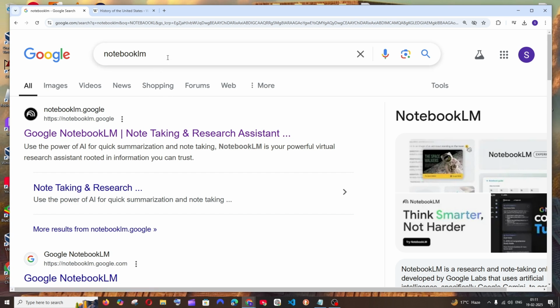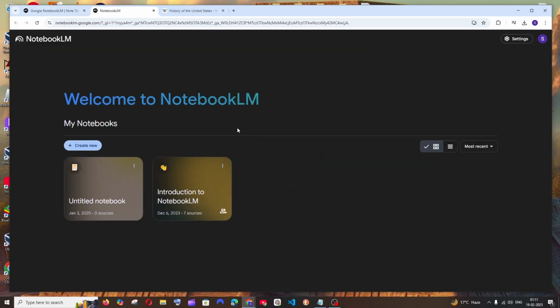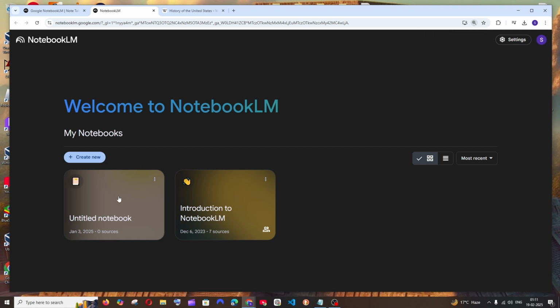So first thing, just Google NotebookLM. You'll be getting the official link as notebooklm.google. Just click that and make sure that you are signing in with your Google account. After you sign in, you'll be getting an interface like this. Just click on create new,